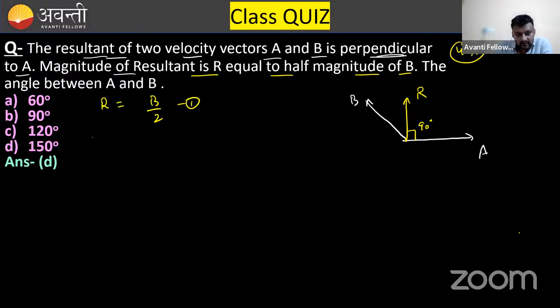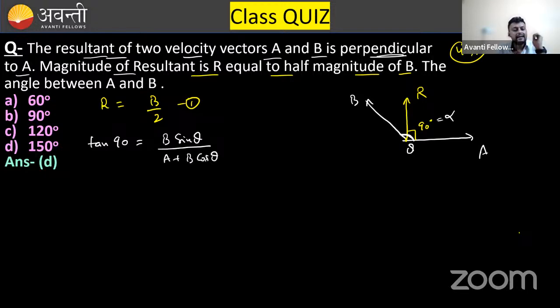So you remember this relation, tan alpha. This angle is alpha. The resultant makes an angle alpha with the vector A. So you write the formula: tan alpha, where alpha is 90, is B sin theta. What is theta? Theta is the total angle. So B sin theta divided by A plus B cos theta. Clear? Tan 90 is sin 90 by cos 90, you can say 1 by 0. So this tan 90 can be written as 1 by 0,